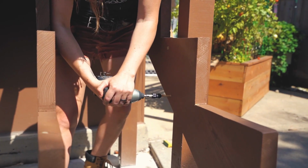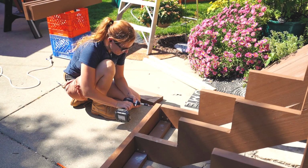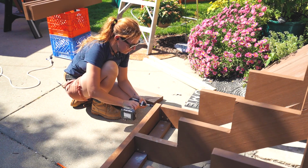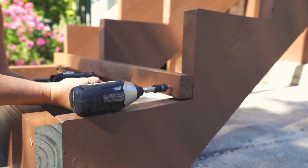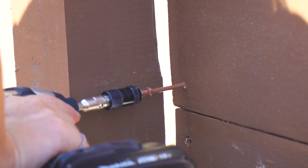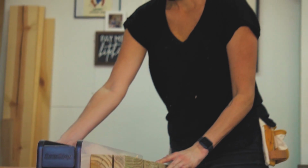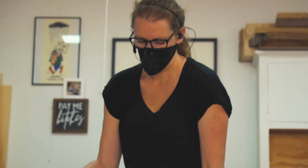Before closing in the stairs, we took the opportunity to drive in a few screws on the inside of the stringers to tie them into the 2 posts. Then we started attaching risers, which are the vertical boards of the steps. And this is where things really start to fly. We already had these boards cut and painted, so we could just very quickly throw them in place and secure